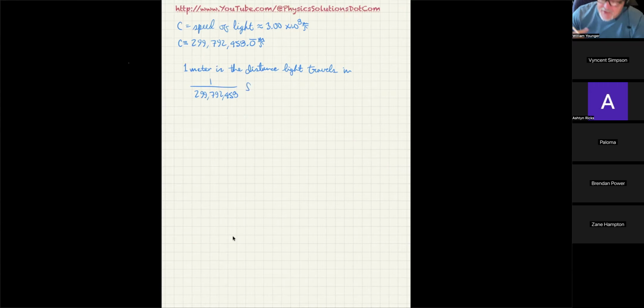So now that we have the second so well defined, we can just divide the second up into 1 over 299,792,458ths of a second. And the distance that light travels in that time period is now 1 meter. So that's a more usable and prescriptive definition of the meter, and we could communicate that to anyone, any alien species, for instance. We don't have to physically take something there. Now, we're in the process of doing the same thing for the unit of mass, but we can't. We haven't yet figured out a way to do it.